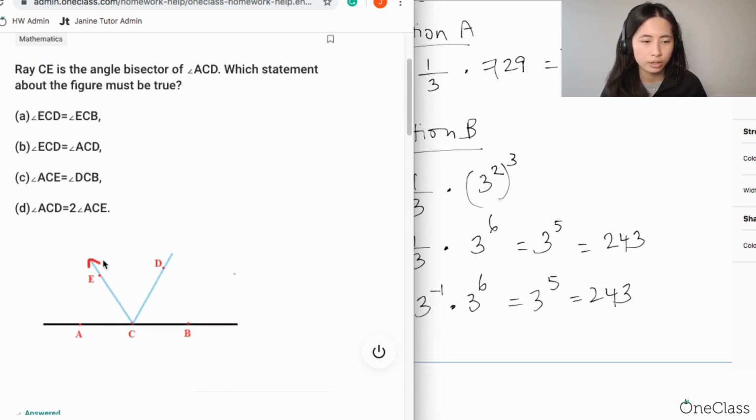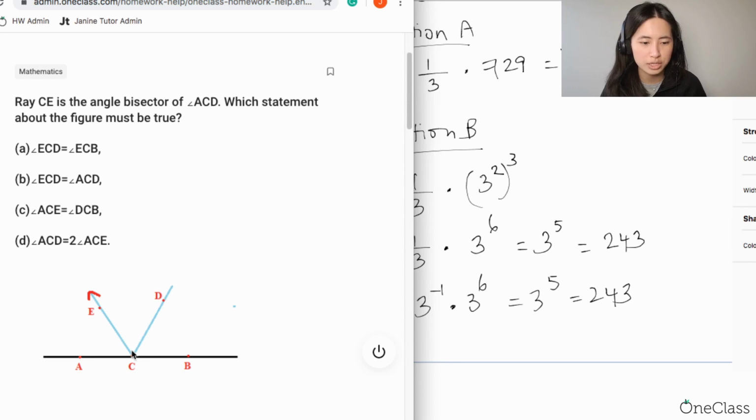First of all, they're saying you have a ray, which is CE. And what is a ray to begin with? A ray is basically a point that extends in one direction. So you have ray CE, and it says it's the angle bisector of ACD. An angle bisector creates angles, that's why it's called an angle bisector. It creates an angle on top of bisecting